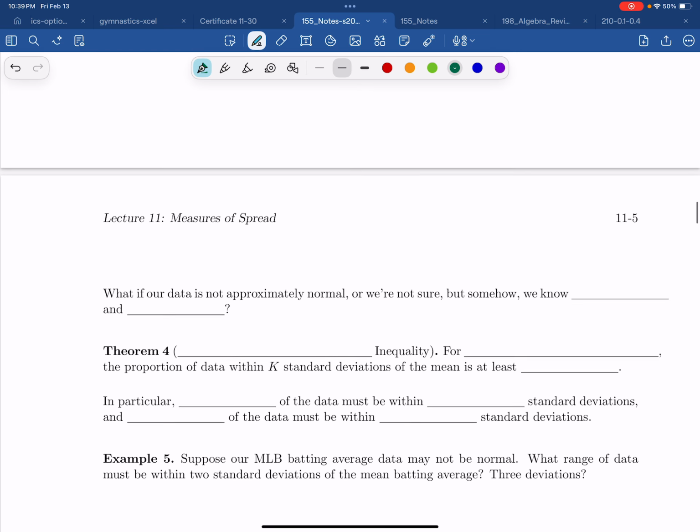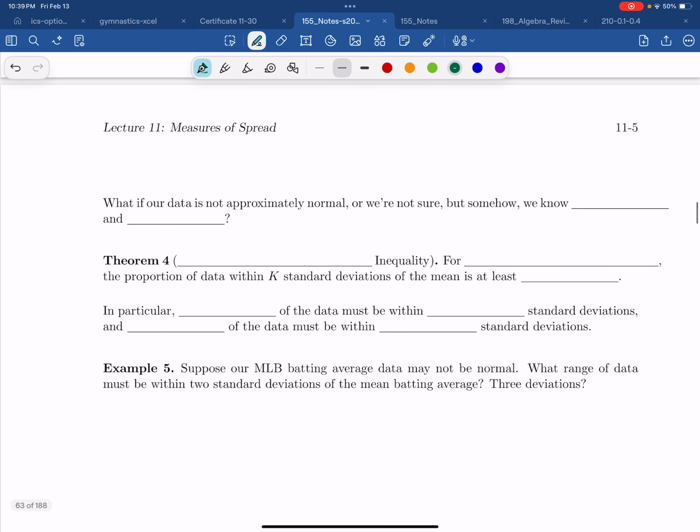So here's a question: what happens if our data is not approximately normal? Or maybe we're not even sure about the distribution, but somehow we do know the mean and the standard deviation. Well, it turns out we have this beautiful tool called Chebyshev's inequality,